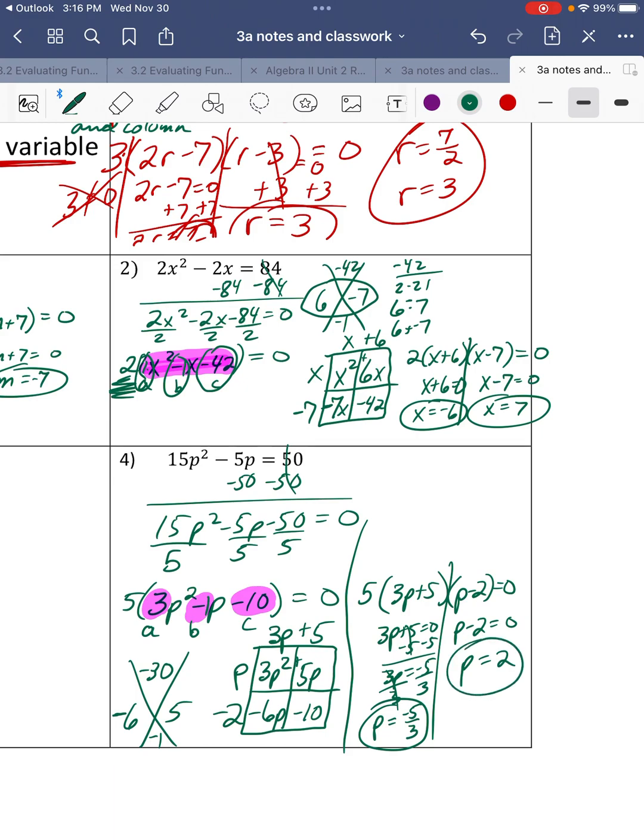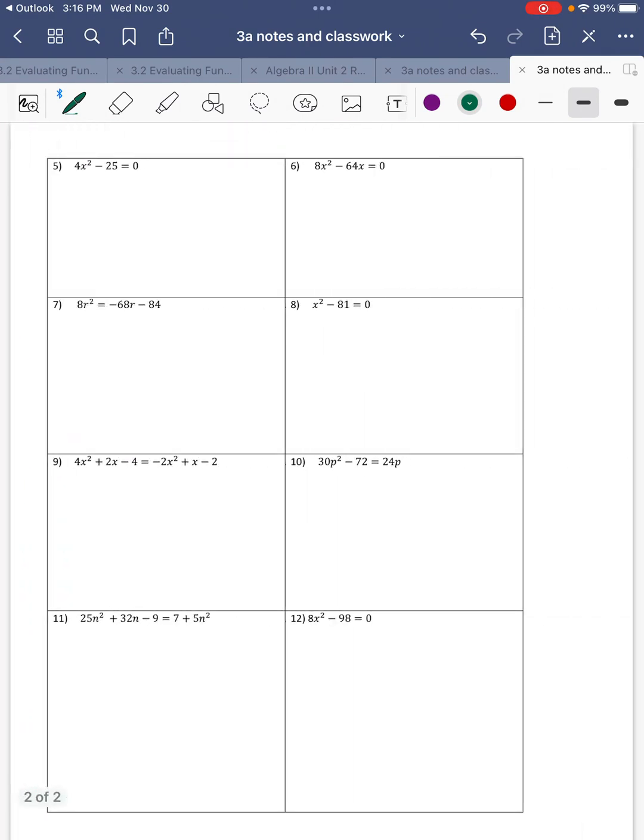Add 2, and you get 2. On the back, we'll do these in class. I'll do some more like